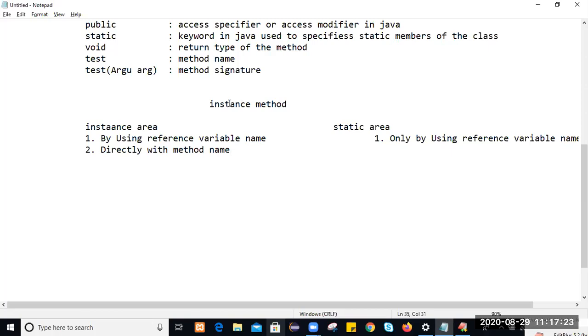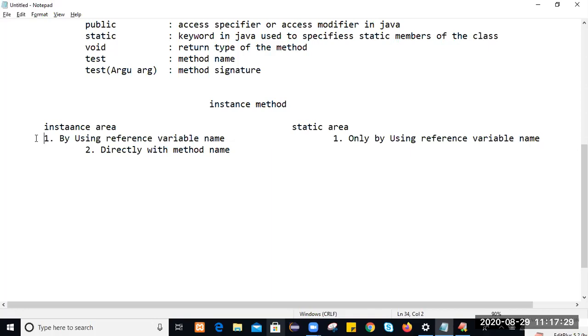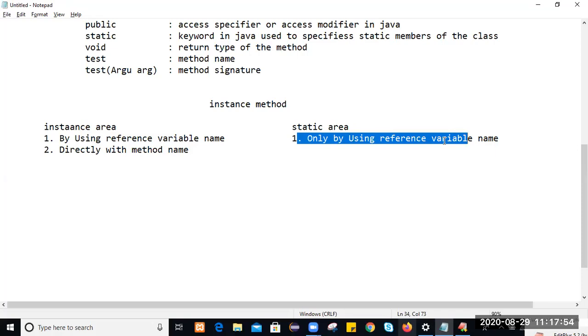So there are two approaches to call an instance method from the instance area, and one approach to call it from the static area, only by using the reference variable name.